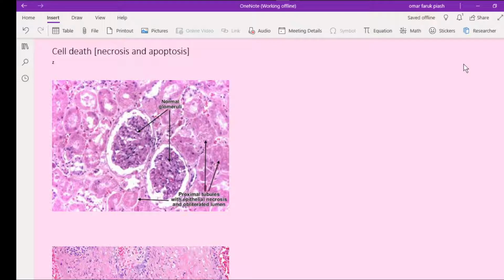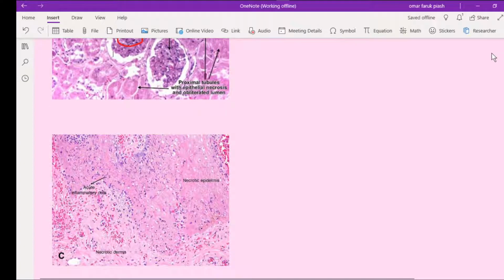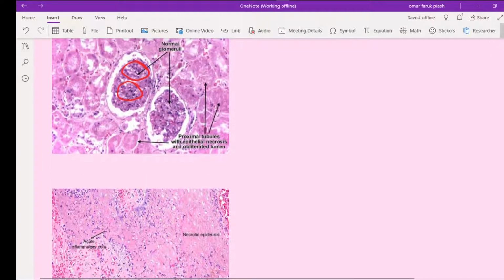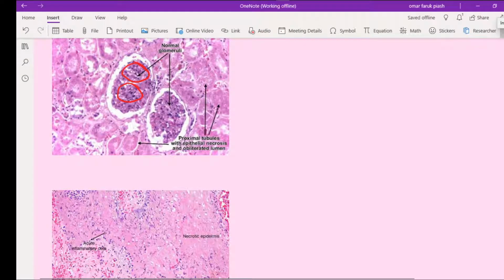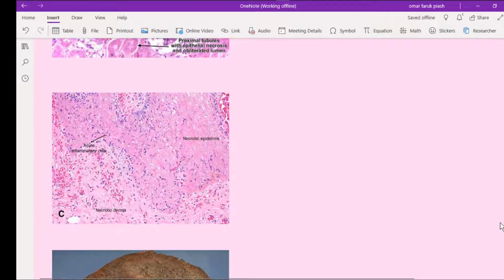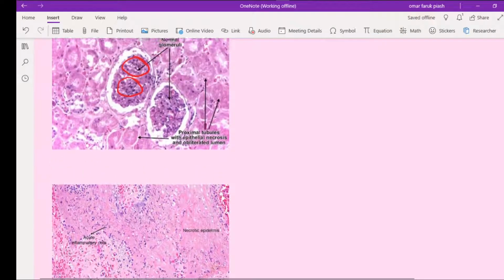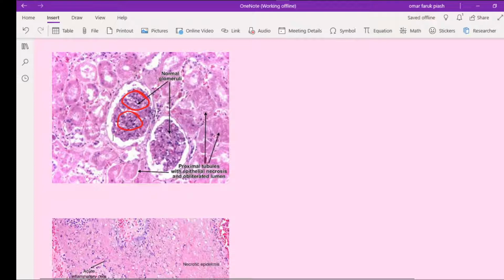This is a picture of normal glomeruli. Look at the nucleus. In here, the nucleus is present. But in the second picture, there is no nucleus. In the proximal tubule, there is a nucleus present also, but here there is loss of nucleus. So it means that when there is cell death, there is loss of nucleoli, and in cell death there are